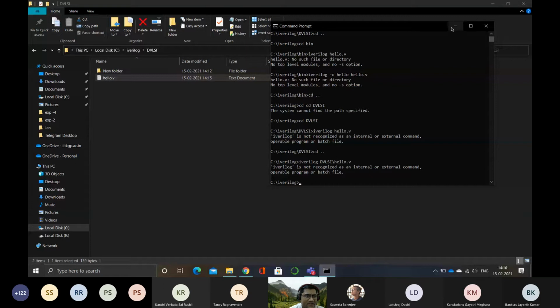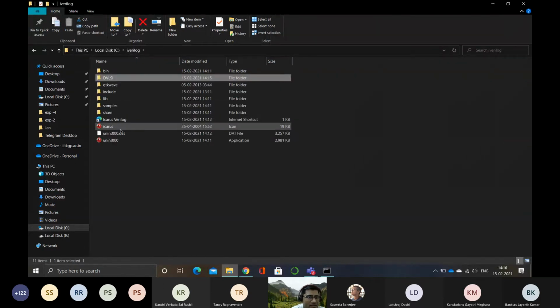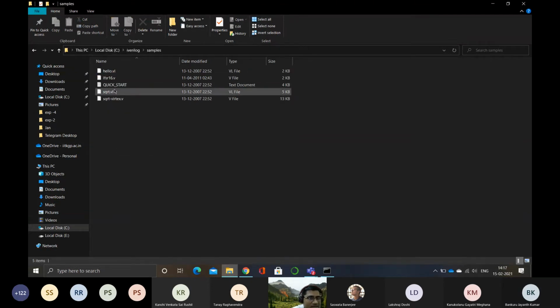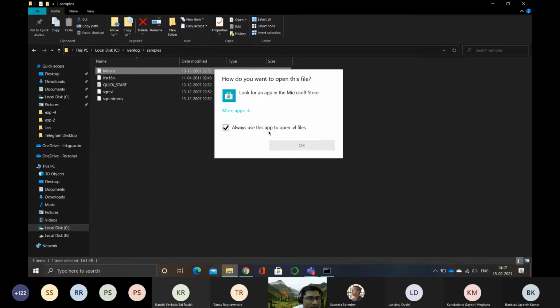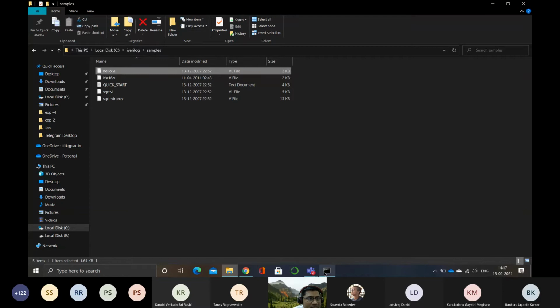There must be some example file inside iVerilog. Can you go to iVerilog and see if some sample files are there? Sample folder, right? So this is hello, right? It's a VL file.